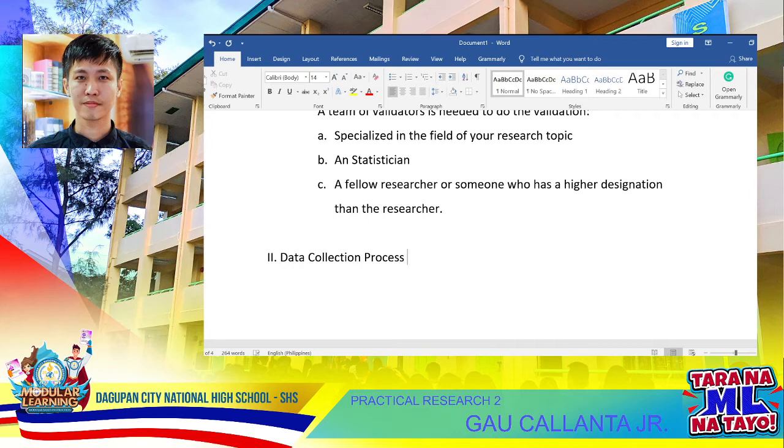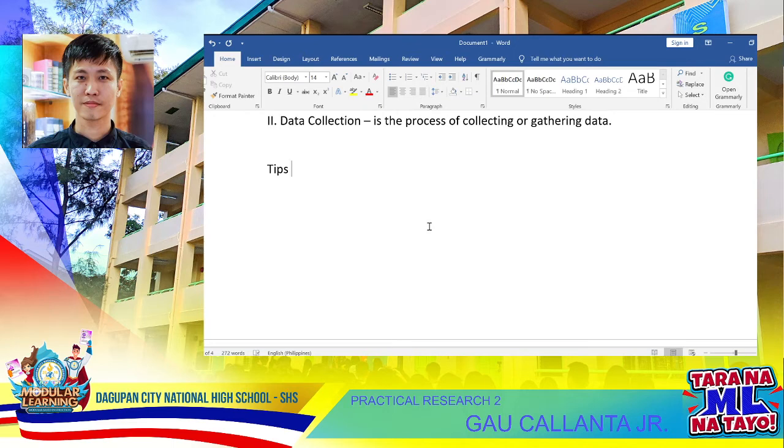I'm going to give you the first tip. First, let us define data collection. Data collection is the process of collecting or gathering data. That's simple. Now, let's proceed to the tips during the data collection process. Number one is